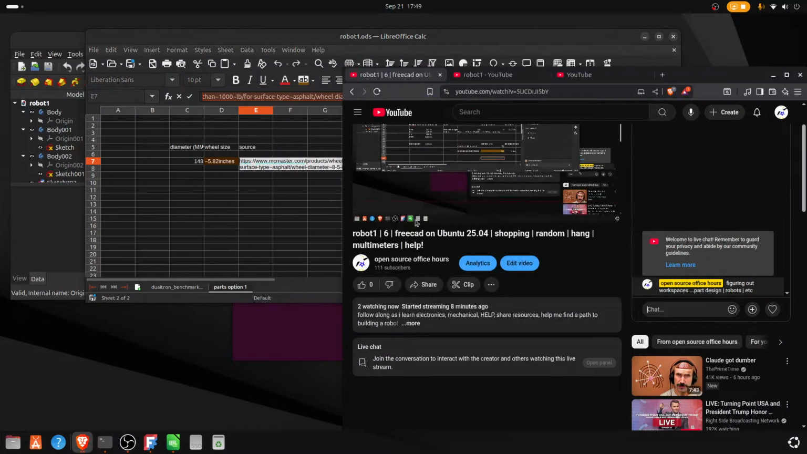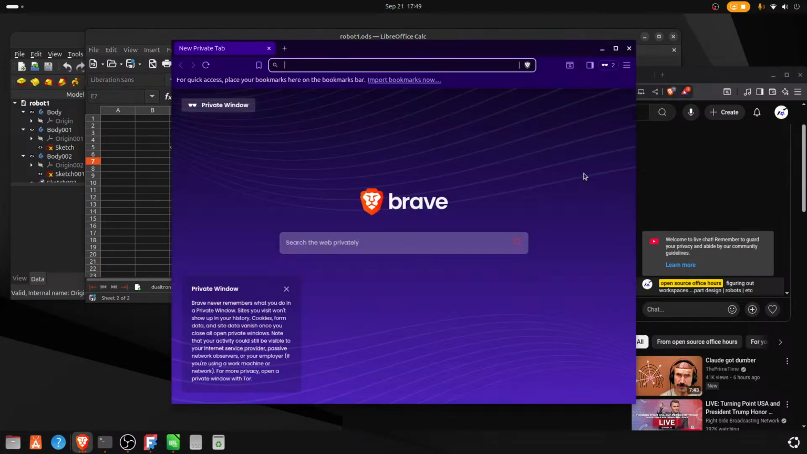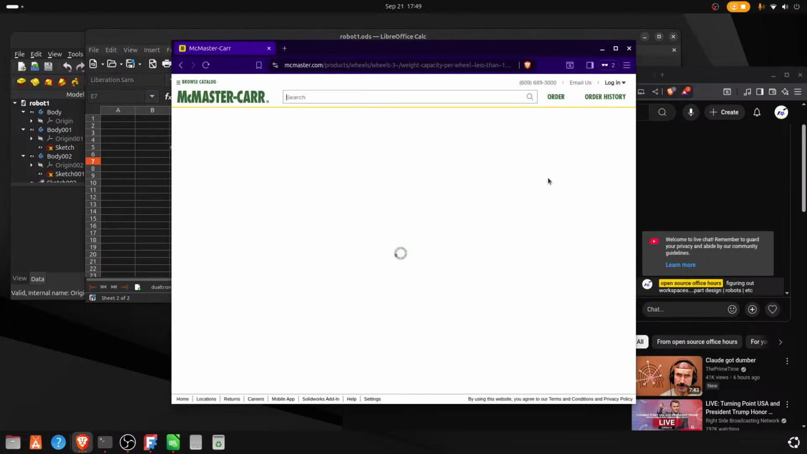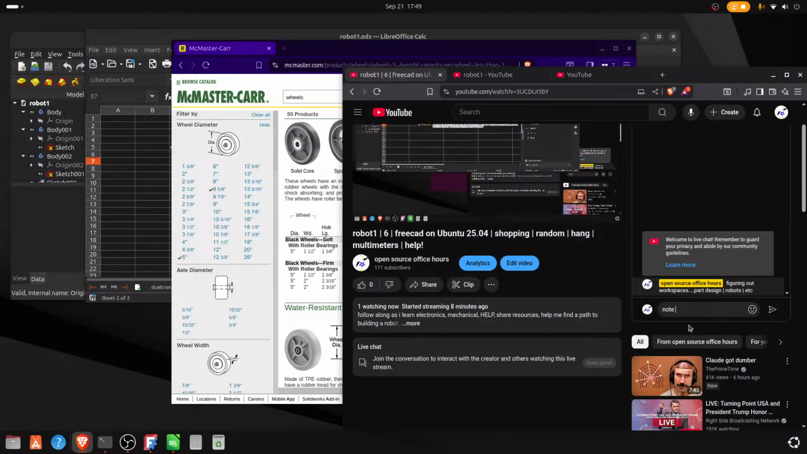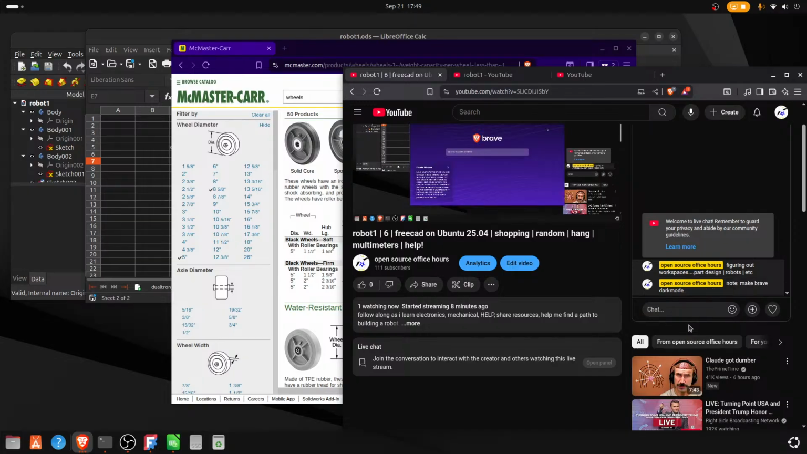Wow, way too bright. Okay, so McMaster we don't like. I gotta make a little note to myself: make Brave dark mode. I don't know if it'll work for this, but